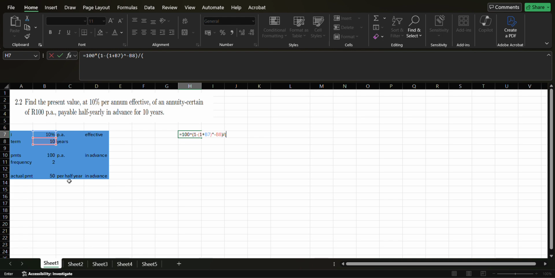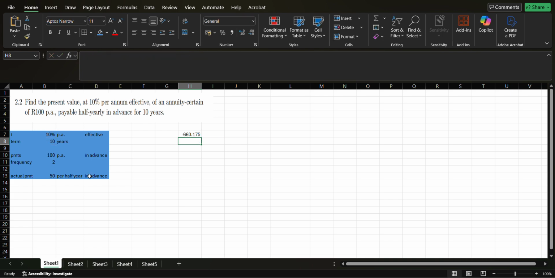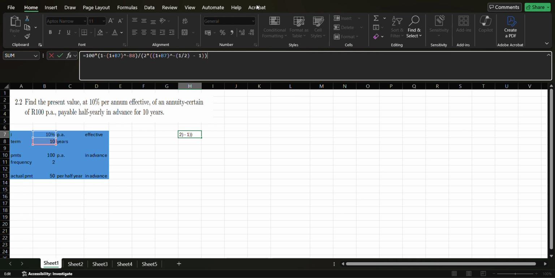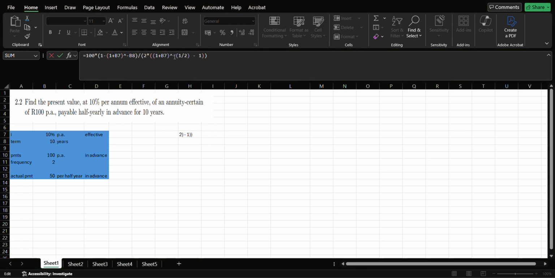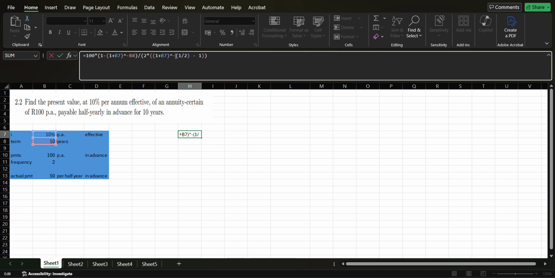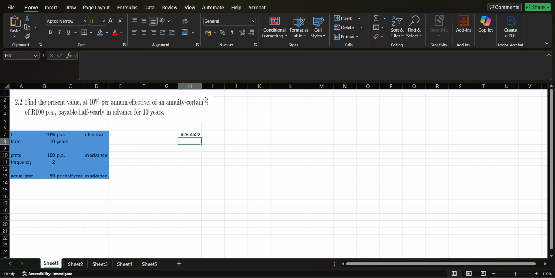In this case, the half yearly nominal, so 2 times 1 plus i, which is 10%, to the power of minus 1 over 2, because p is 2, minus 1. Oh my goodness, I made a mistake somewhere. Yep, I have a minus here instead of a positive, so it's supposed to be to the power of 1 over 2, and that gives us 62945.42. So this is the value of the annuity, and you can get it pretty easily,